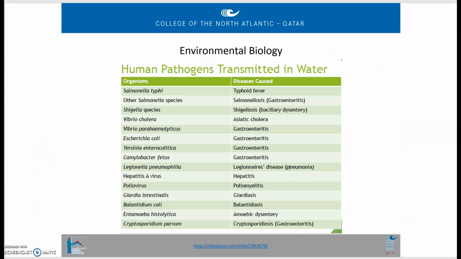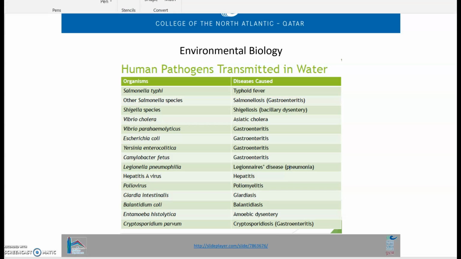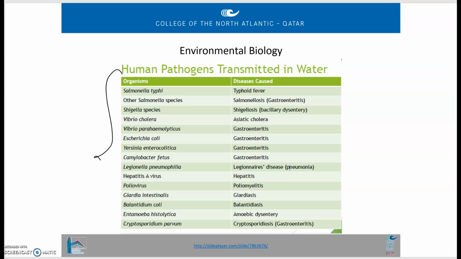Now, we all know that we need to drink water every day in order to stay healthy. And water is, or can be, a very powerful vehicle for transmission of pathogens. So if we have a look here on the left side of the graph, you'll see a whole list of different organisms. And then on this side right here, you'll see a whole list of different diseases that these organisms cause. So you can see that if you're drinking water that's contaminated by some of these organisms, you can get some pretty terrible